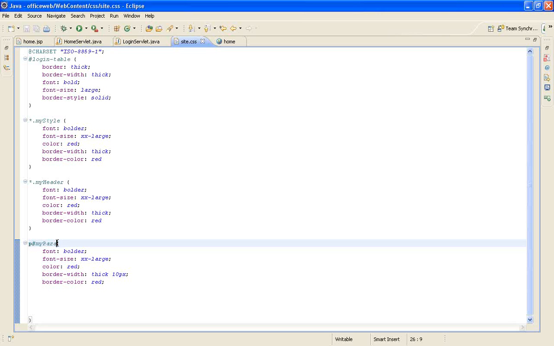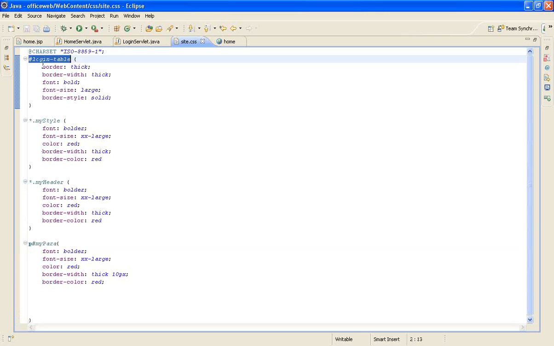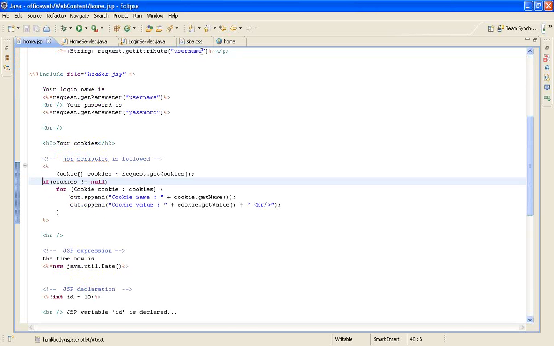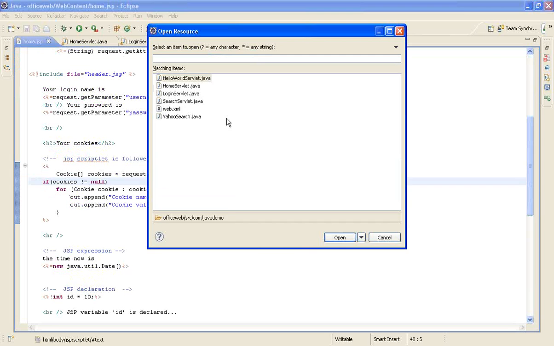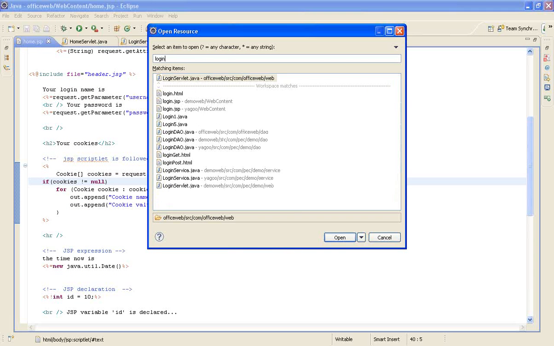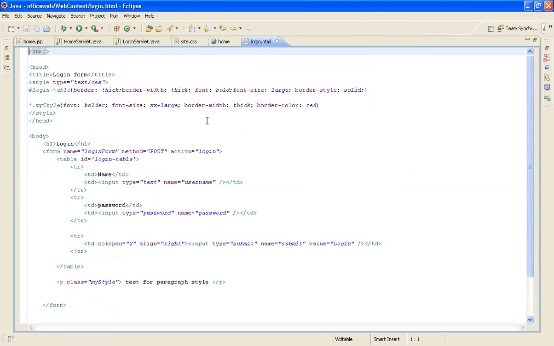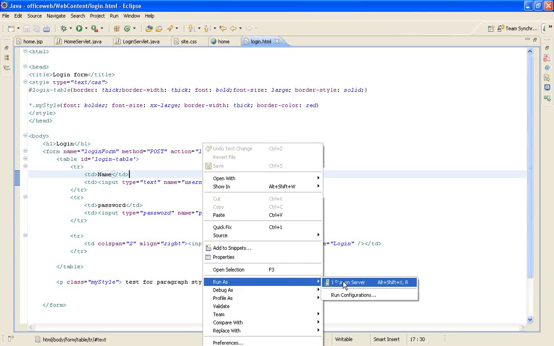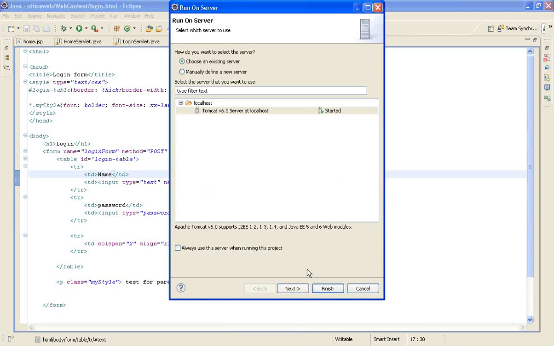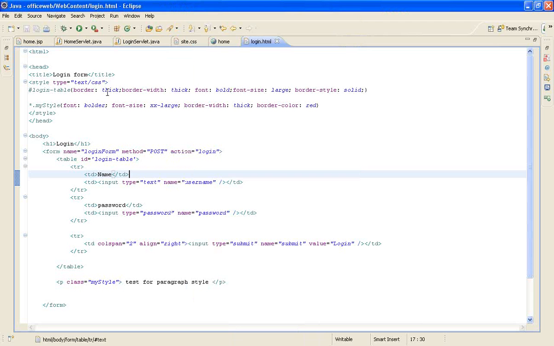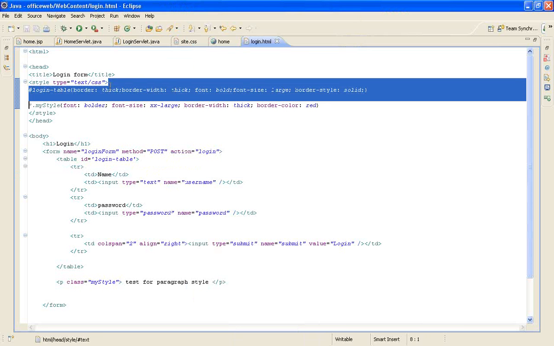So, coming back to CSS, first is called the selector, and let me start here. When I say hash login-table, see here, hash and the login table. Where did I use that? Maybe in login.html. In login.html, did I use the table? Yes, I did use it. I think I'll better replace that.